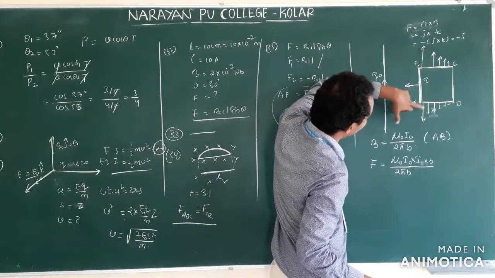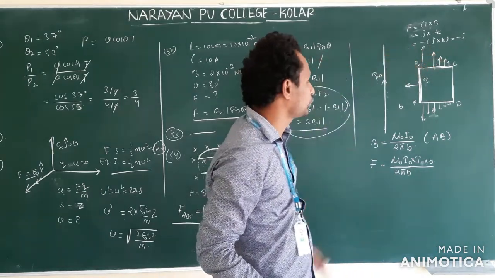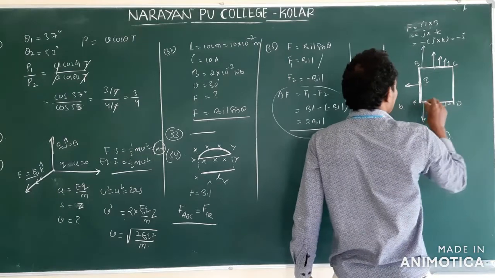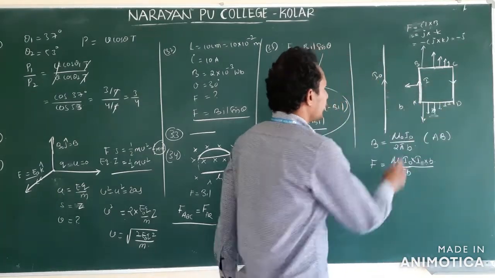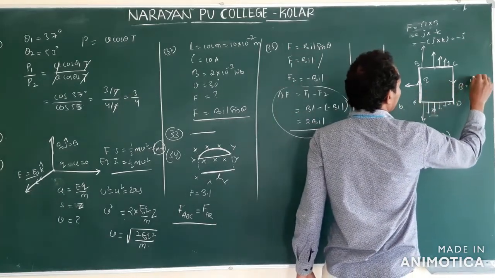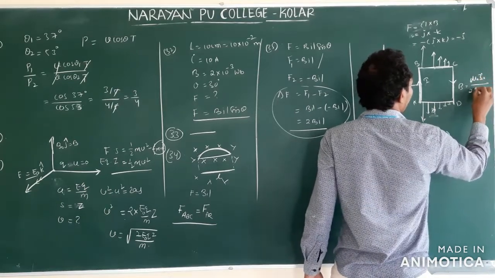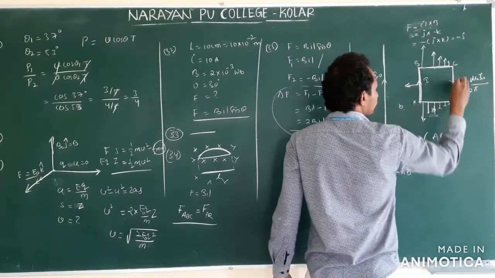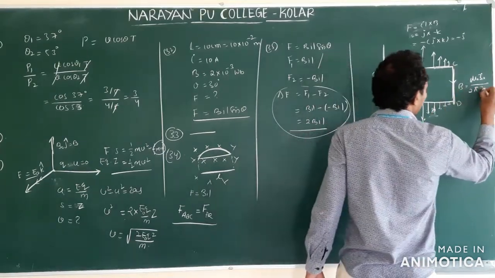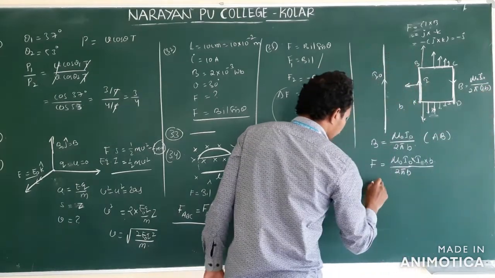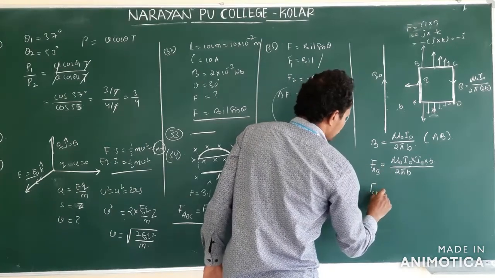But this magnetic force is balanced by this force. Equal and opposite in direction, so it will become 0. Now come to this point. Here the current moves like this and the current comes like this. Clear? At this point, B is equal to what? Mu naught I naught by 2 pi. What is the distance of CD from the conductor? It is B plus B, that is 2B. Then this is the force of AB and this is the force of CD.